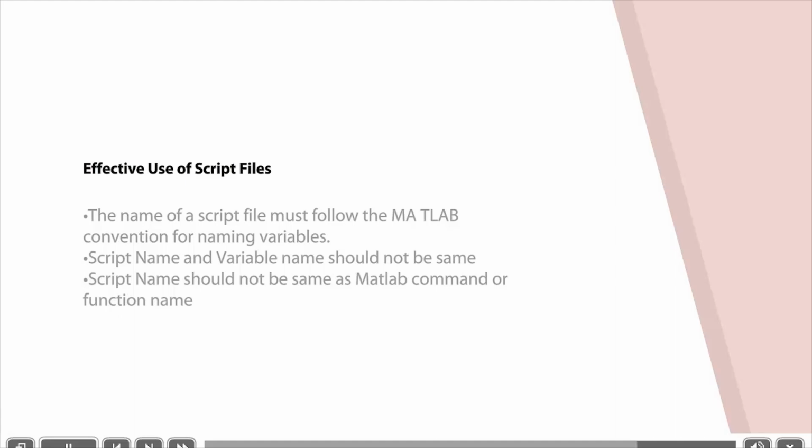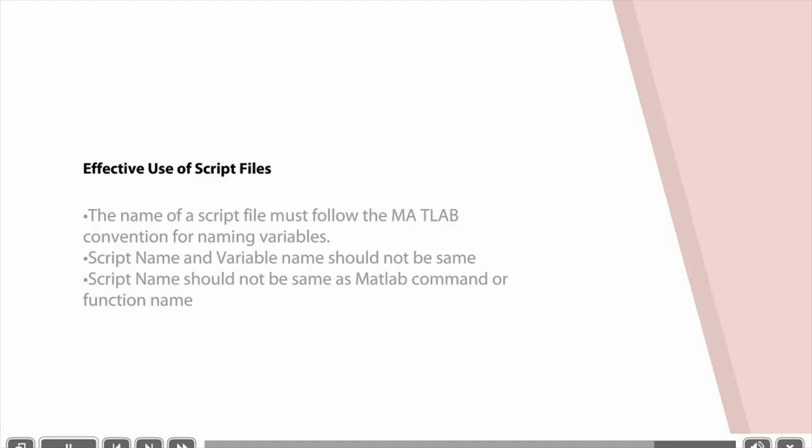The second thing is, when we type a variable's name, the MATLAB command window returns the value stored in it. So the script file that we are writing should not have a name equal to some other variable used in MATLAB. That is because when we execute that script, it will only execute once. To execute it multiple times, we need to clear that variable. The third thing is we should not give the script file the same name as a default MATLAB command or function. As we have seen, say, the square root function, our script file should not also be named sqrt. This would create a conflict that we need to avoid.